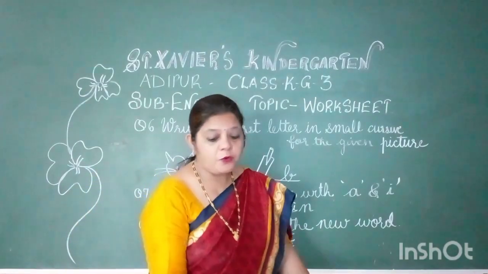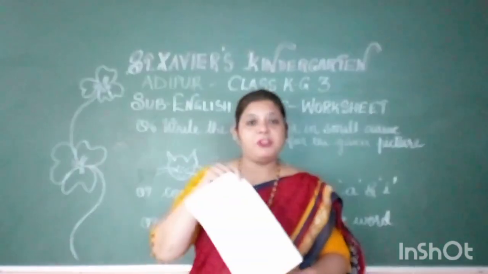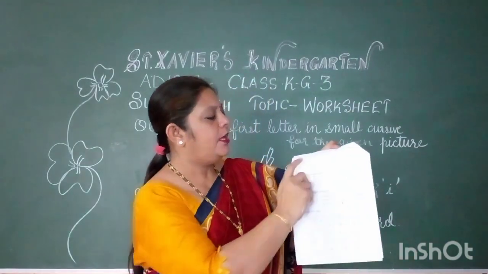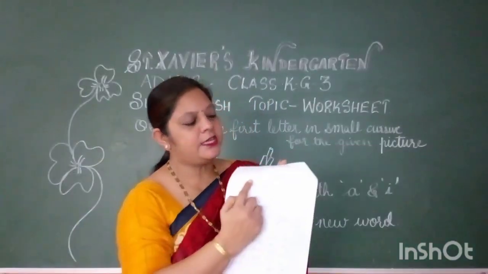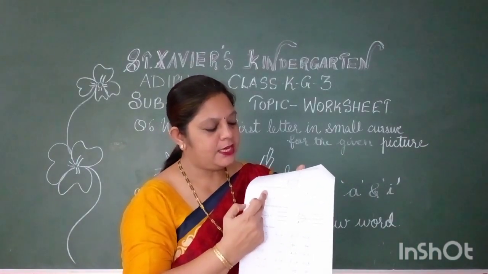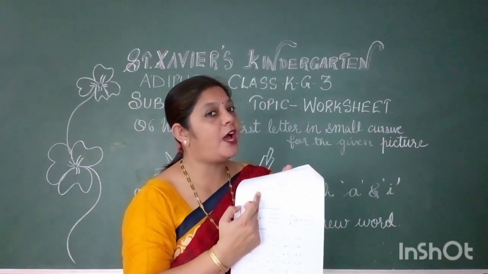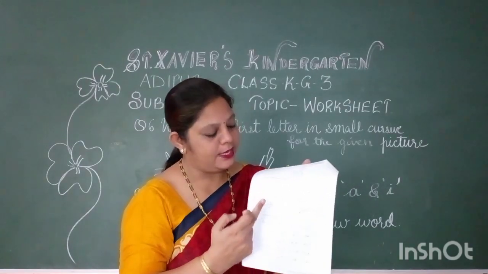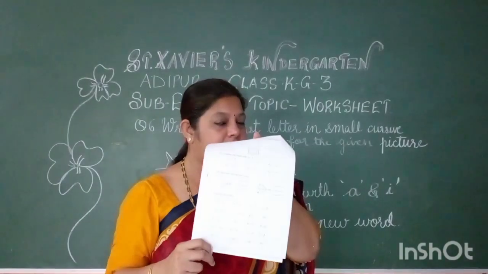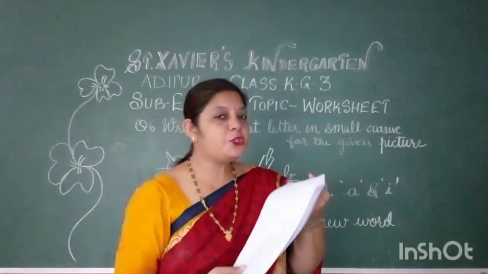Now you want to see how you have to do in your worksheet. Ma'am will show you. Here is your worksheet. You all have your worksheet with you. It's cat, bat, hat and mat. Okay. And question number 7. It's C-T. So you have to fill it with A or I. And question number 8. You have to spell and write it. Right, children? Now move on to the question number 9.